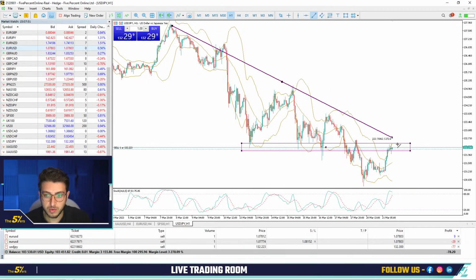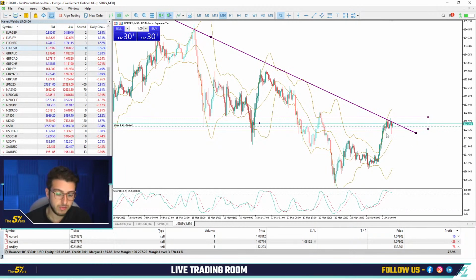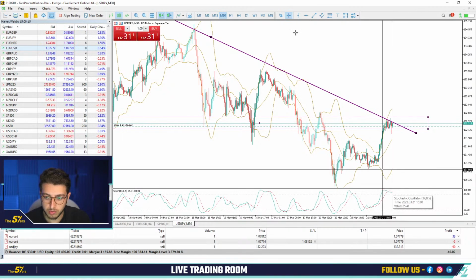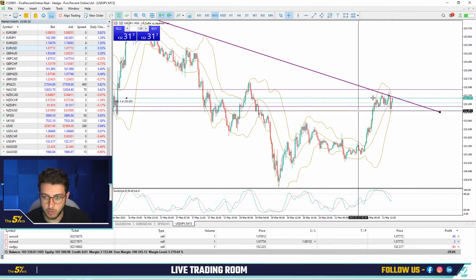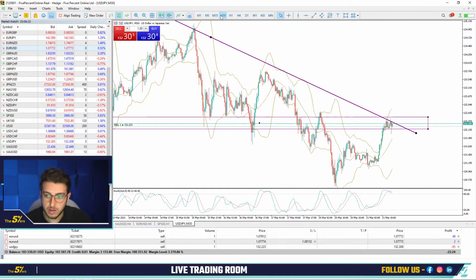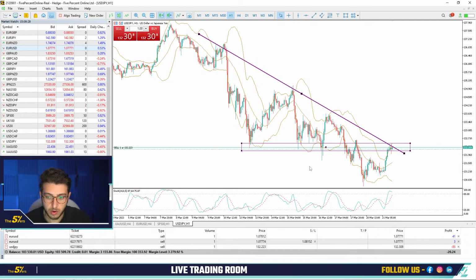We probably have here also a downtrend. We can try to connect the top and try to find the spot. But definitely for me, this is a spot where I want to actually execute a trade. Again, if we look at the volatility and the average, we are here at the top of the Bollinger Bands. Momentum is starting to finish above 80. We already have a cross happening here. Here we already see that the market had some retracement, so we just need to hold it and check what's happening next. So this is for dollar yen.